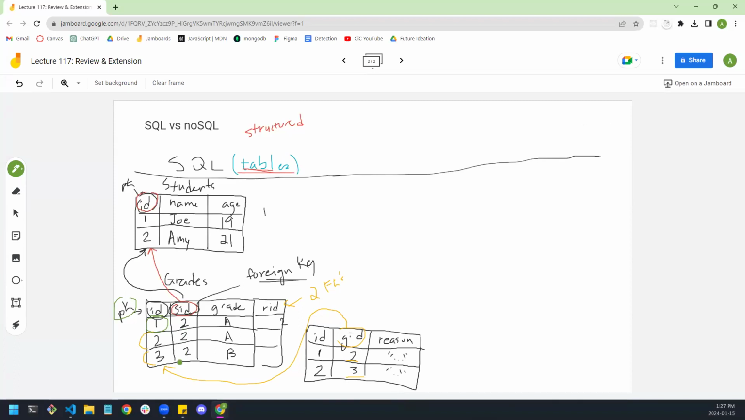So in this example here, notice how this is all the same student ID, but what's unique across each of these is the ID, the grade ID. It's 1, 2, 3. Even if the student ID is the same, these are still unique entries because